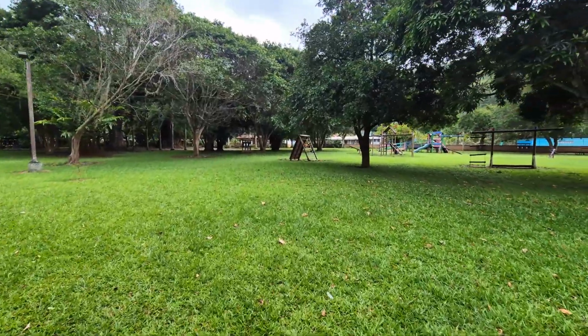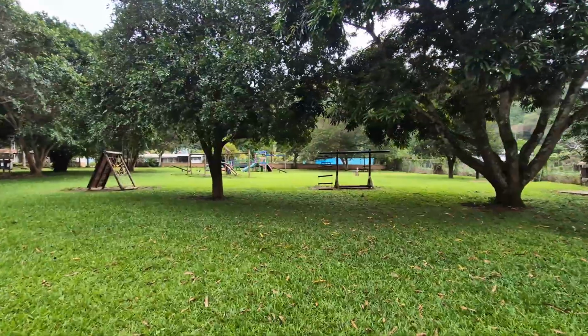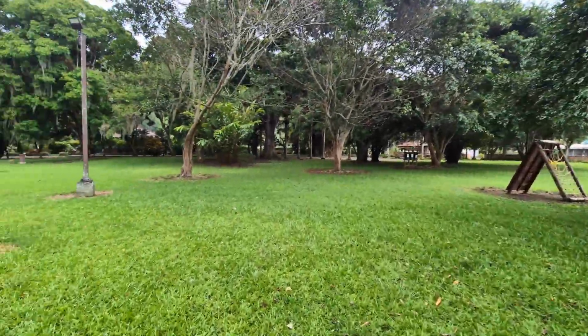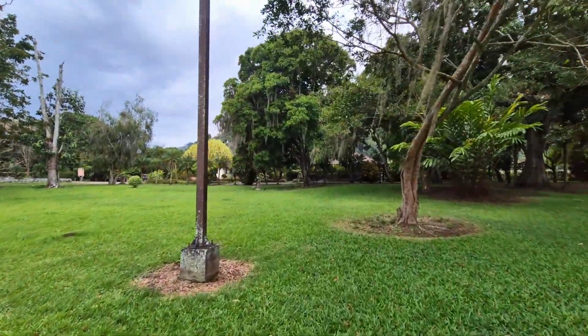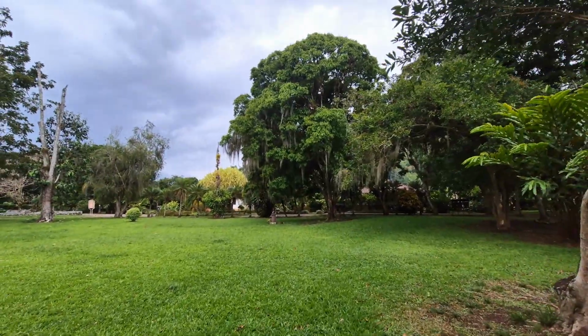This almost looks like an obstacle course. This almost looks like we need a drill sergeant out here yelling to do it faster and telling me I'm not good enough. I'll never be a real soldier. I don't know, something like that. I watched G.I. Jane one time. There's another one of the...